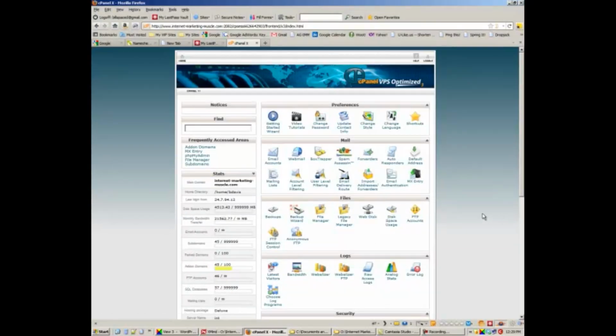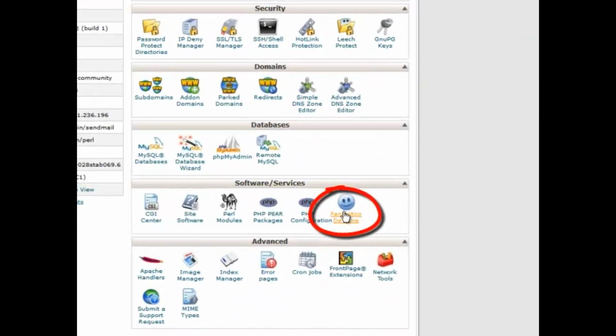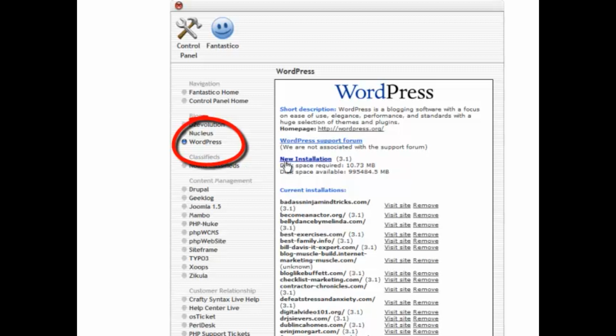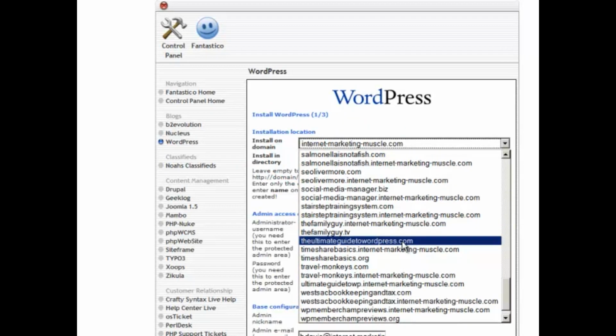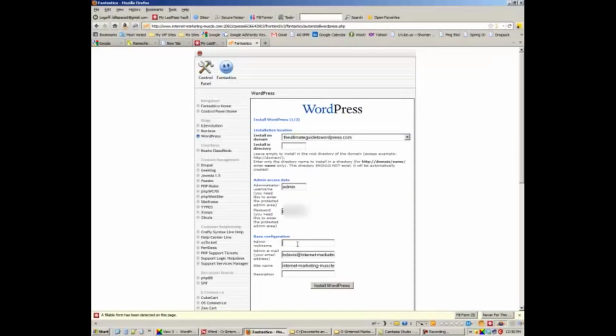So if you log into your cPanel and scroll down to Fantastico Deluxe, and then click on WordPress, and then click on New Installation, and then choose your domain, and then type in admin and some kind of password, and then choose an admin nickname, and then type in your email address,